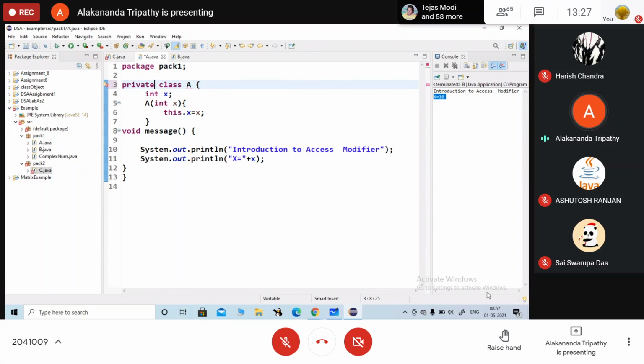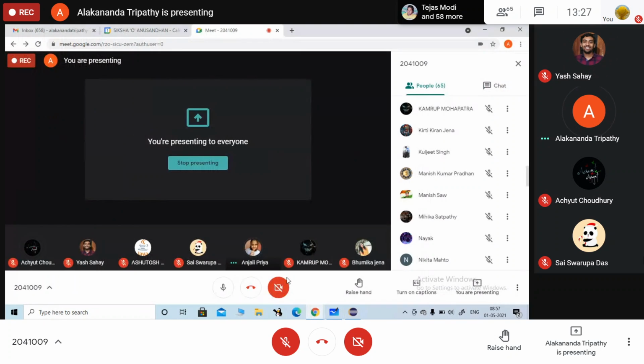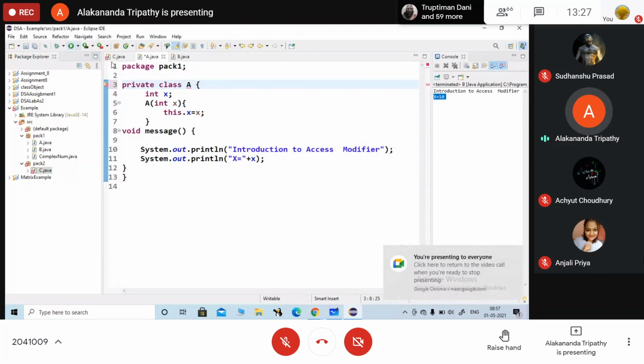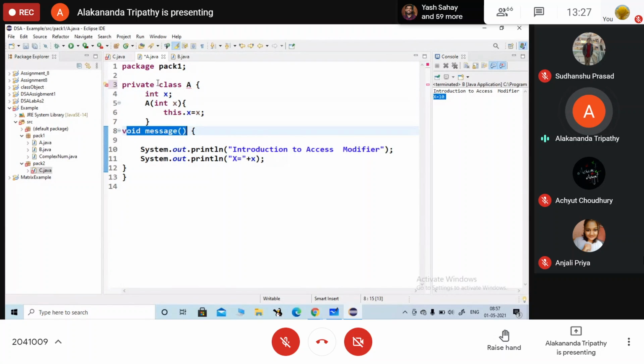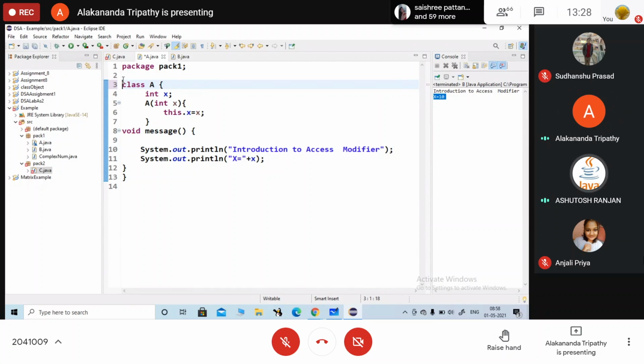Are you there? Yes, ma'am. So for this basic problem, ये private हो गया तो ये variable भी तुम लोग access नहीं कर सकते हो, ये method भी access नहीं कर सकते हो. So it is asking that a class must be a default type, public type, abstract type बना सकते हो, but you cannot make it as private. Okay, you can make the variable or the method as private.